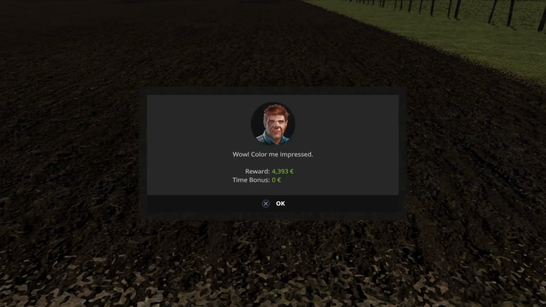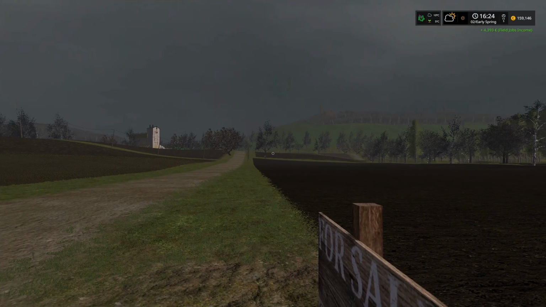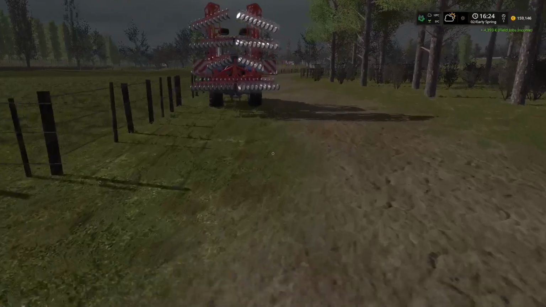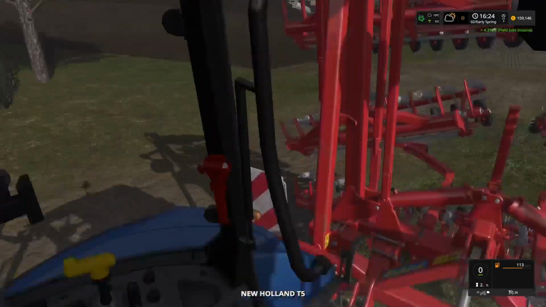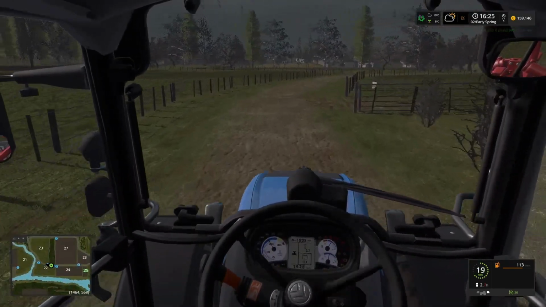So there we go. Oh, a little less than I thought, 4,003. I thought it was about 4,700 we were going to get. We're going to need to plough field 25 over there, and we're going to need to plough field 2 on our own equipment. But you can see now we're up to seeding, and we're almost halfway full on George Watson's appreciation rating there. So let's make our way over to field 2